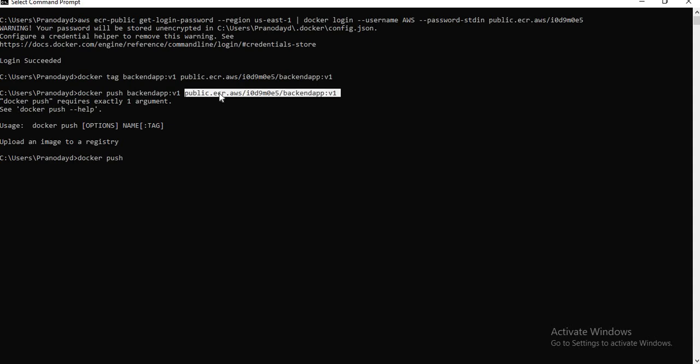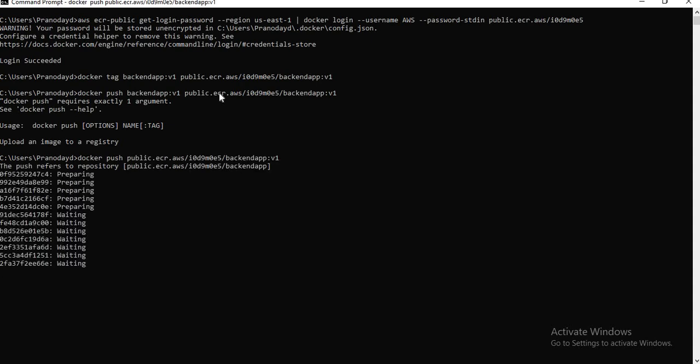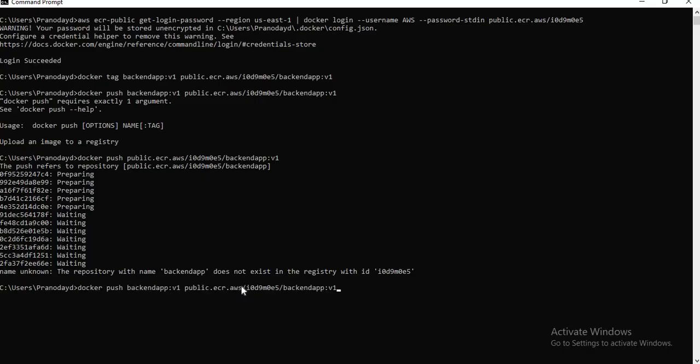Docker push. Okay, that's fine. So now the ECR